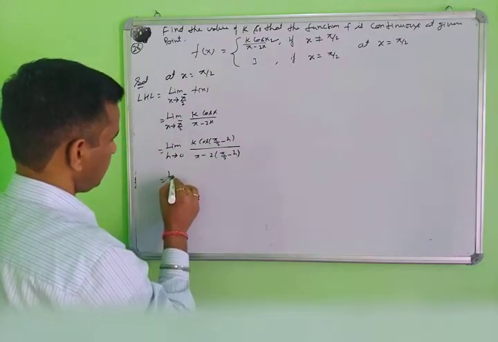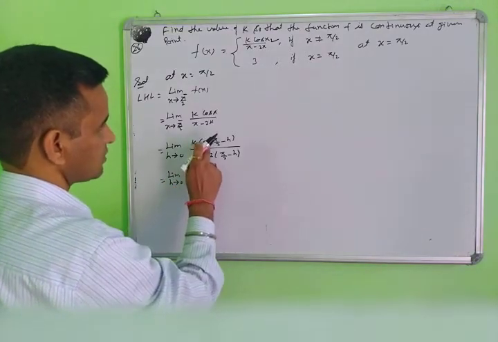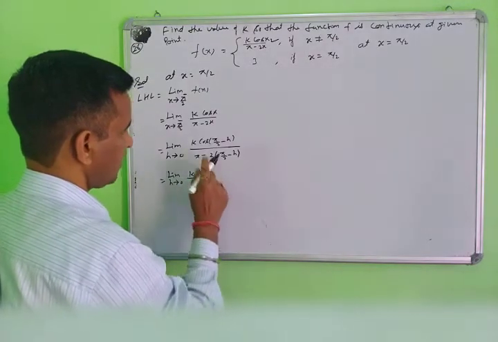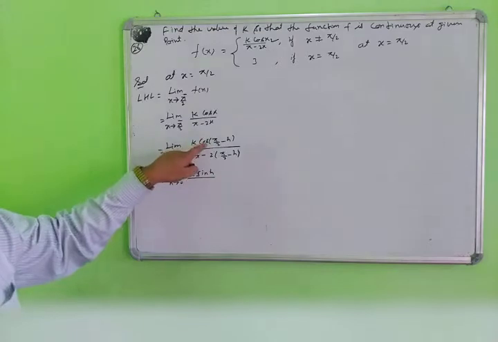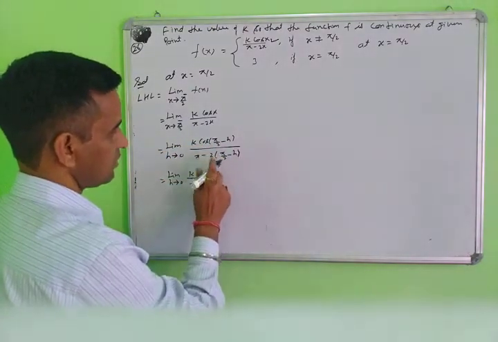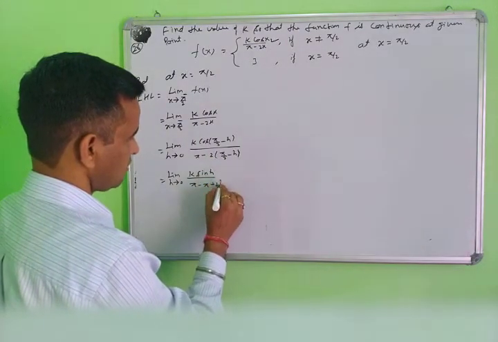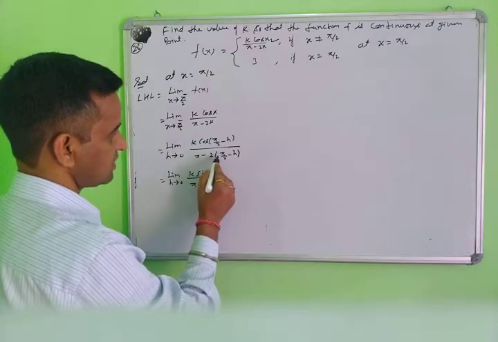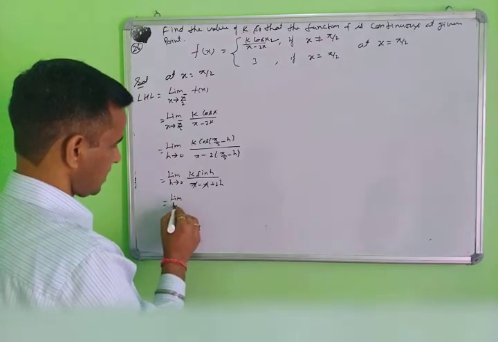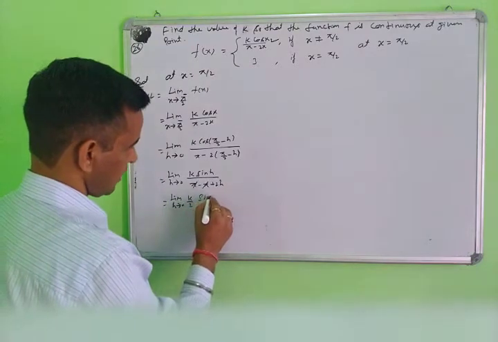Then solve it. Limit h tends to 0, k is the same, cos(90 minus theta) is sin theta, so here sin h. Pi is the same, 2 multiplied inside, left only pi and minus plus 2h. This 2 cancels, and here 2. Pi and pi cancel. The limit h tends to 0, k upon 2 sin h upon h.